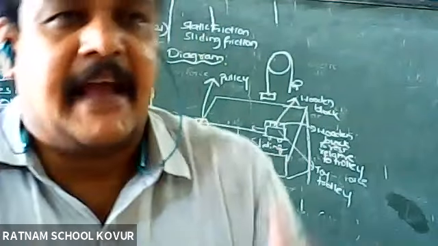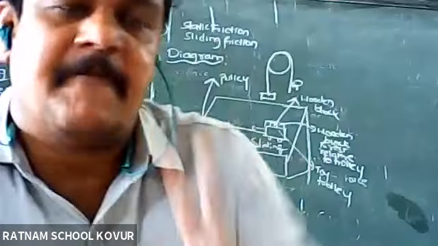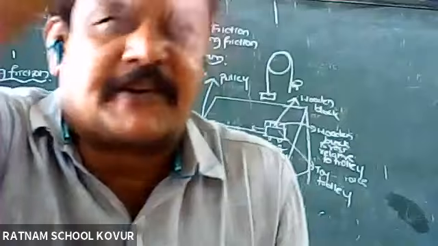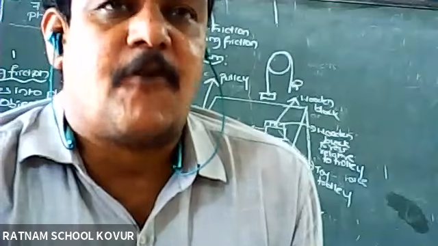Sir, can any two frictions come at a time? Yes. When the ball is rolling, it will have sliding friction and it will have rolling friction. There is another type, rolling friction, which I am going to discuss. Two or three frictions at a time will come. Maximum means limiting friction. Four frictions are there.